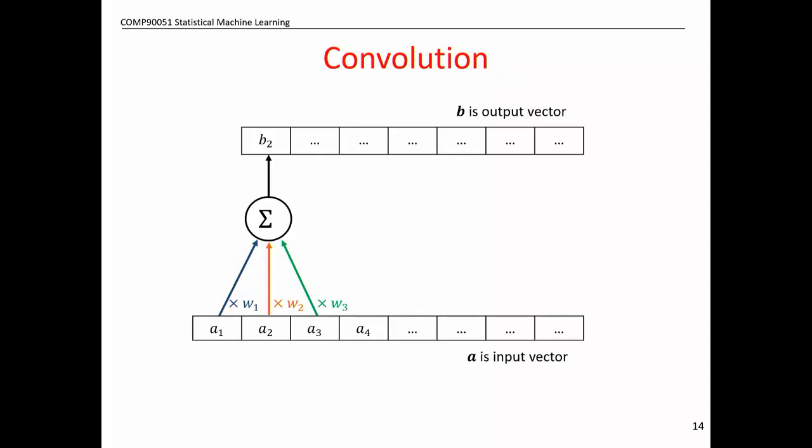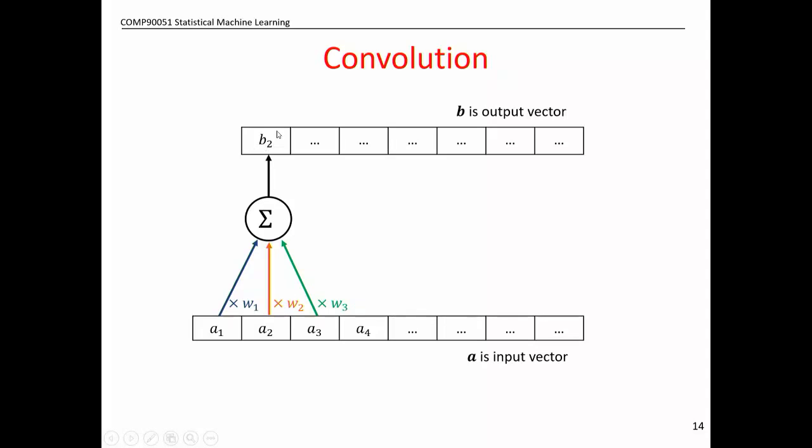So I've got my input vector of A's. This could be input features. They could be pixel intensities in an image, and I've flattened them into a 1D array, except I won't do that in general. I'll keep it as a matrix. And then I want to compute the output of this convolution. Okay, so what that involves is a weighted sum, just like in the normal fully connected layer.